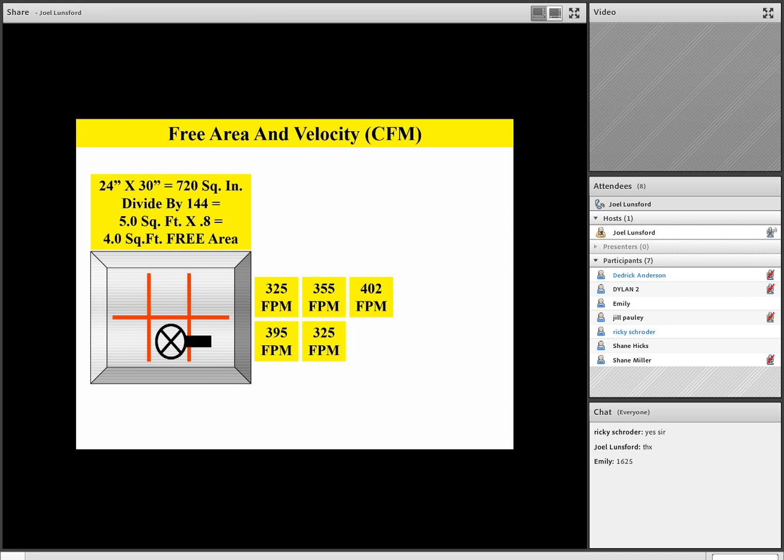So we see that we've taken 6 readings across the face of that grill, and we're going to take those readings and add those numbers together. 325 plus 355 plus 402 plus 395 plus 325 plus 485. We add those numbers together and we divide by the number of readings we've taken. In this example, we've taken 6 readings, so we add them up and divide by 6 for an average velocity across that grill of